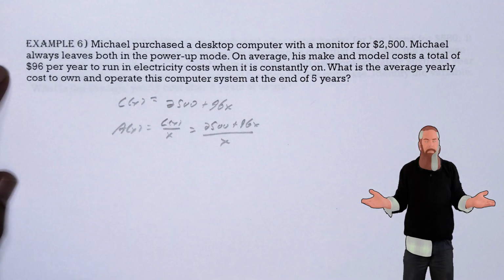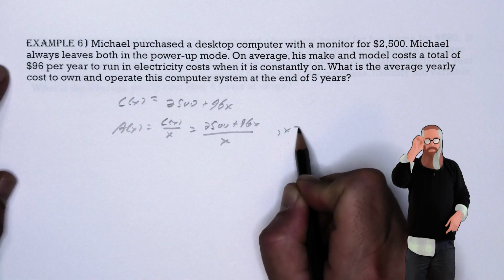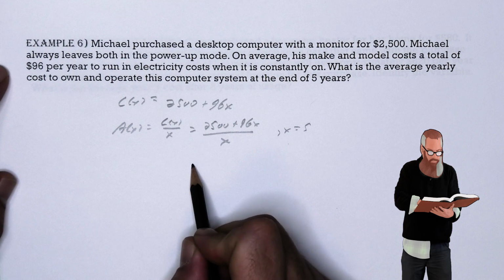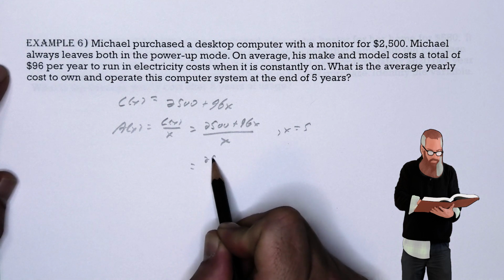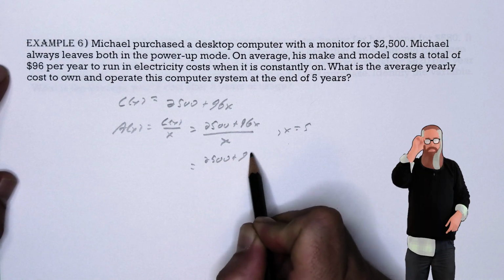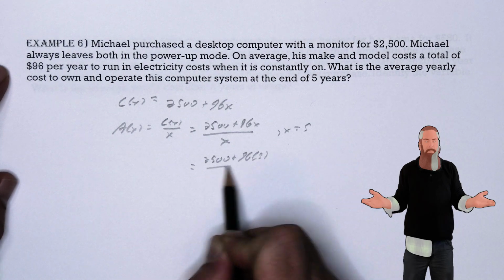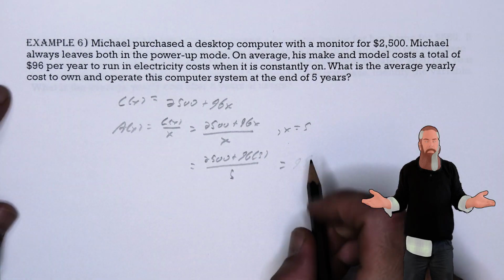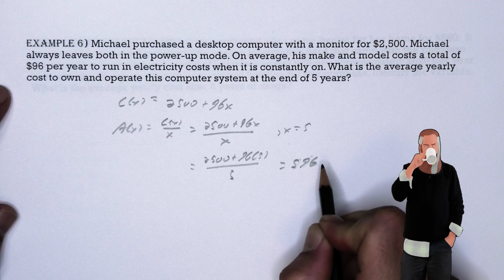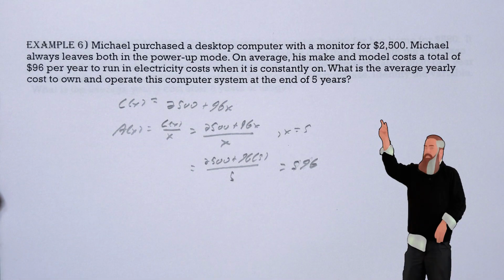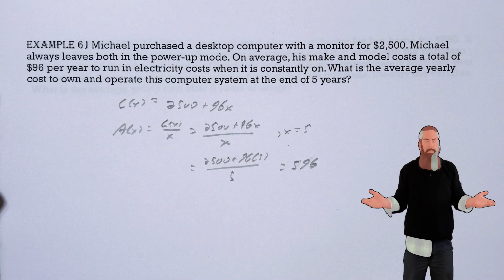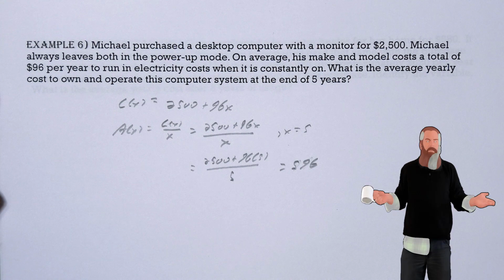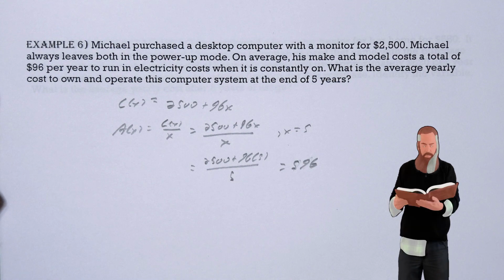divided by X. Now we already know that X is 5, so we can substitute this into the equation, giving us 2,500 plus 96 times 5 divided by 5 to get $596. After 5 years, Michael's average annual cost of owning and operating a computer that is constantly on will be